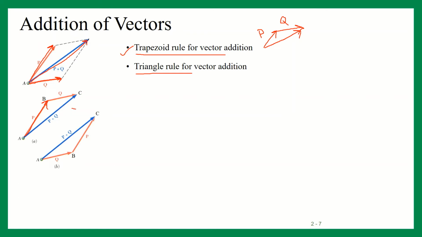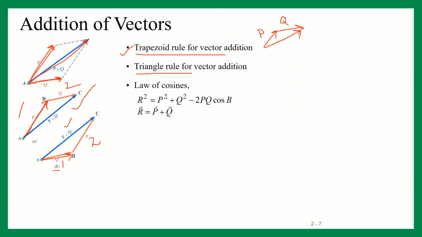So the same thing is explained in this figure. So here we have taken Q first. You can take any vector first. So here they have taken P first, and this is at the second number. In this B figure, Q is taken as the first, then P is drawn, and then this P plus Q. So it will remain same. You can also say that vector addition is commutative,